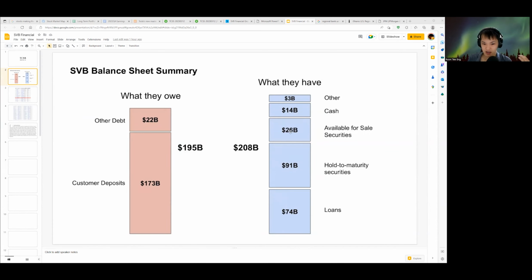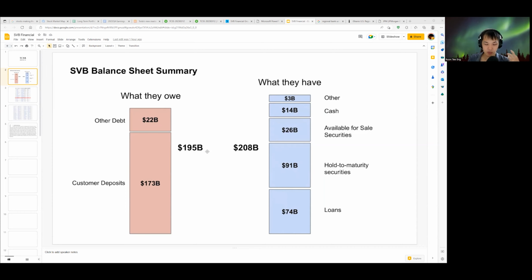So they recognize the loss immediately, because this loss is the difference between the price at which they bought these treasuries and the price at which they sold them. There's a difference there. This is a loss that they record in their income statement immediately if they are forced to sell. So that one already happened. But let's say all the money is in this category, and the loss is smaller than the equity that they have. They still don't have to go into